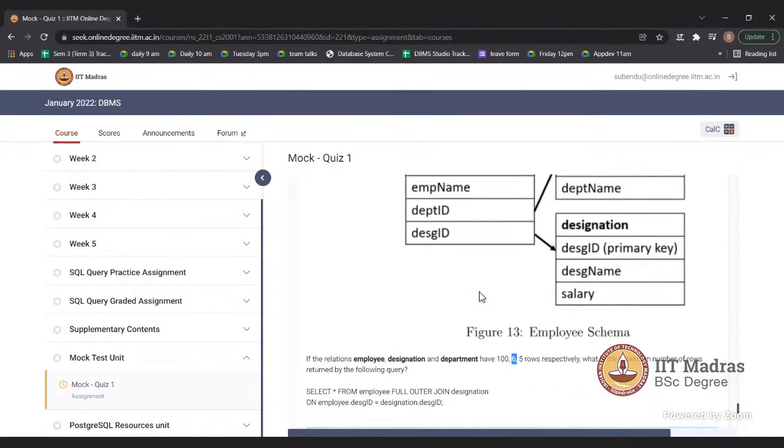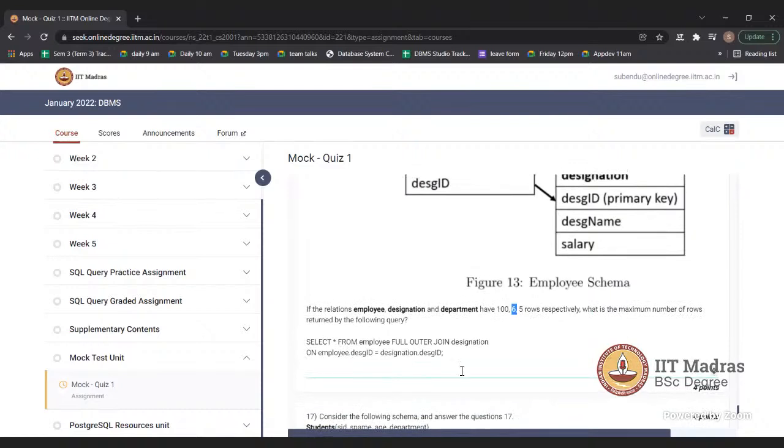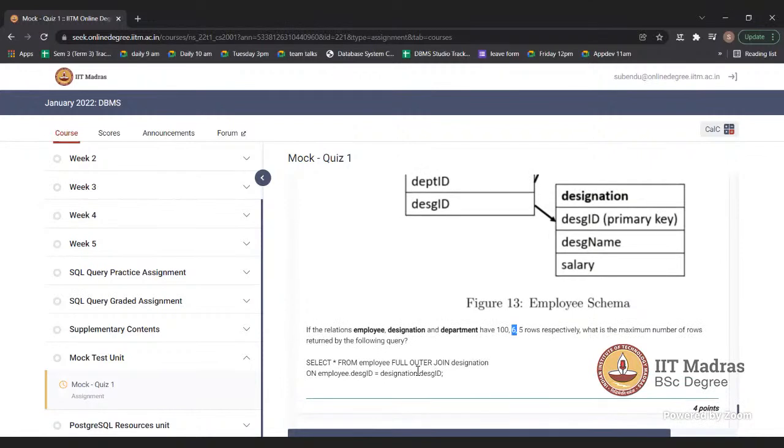So what will be the full outer join? 106, sir. Yes, so the maximum number of rows will be 106. Sorry, 105 will be. Sir, the answer given was 105. Yes, sir, 105 will be.